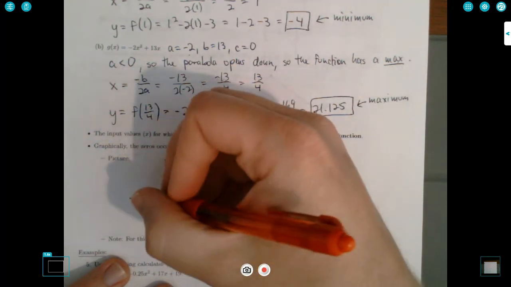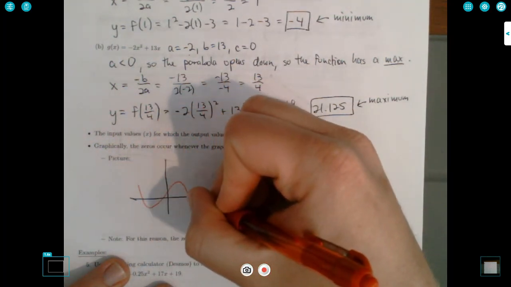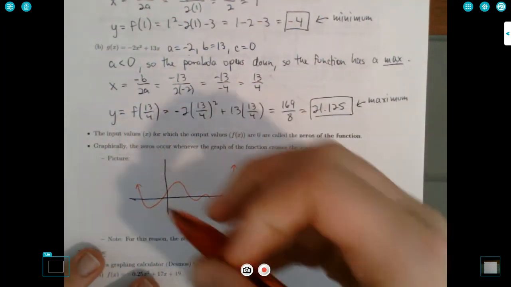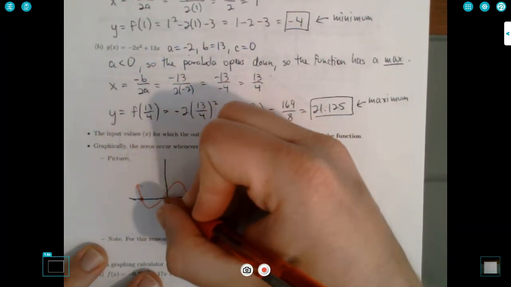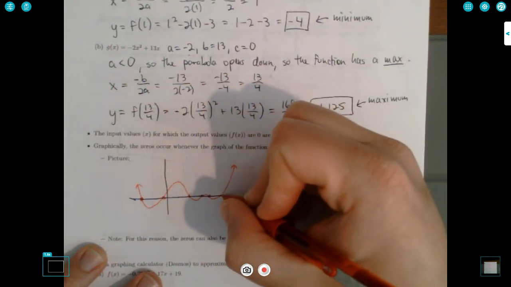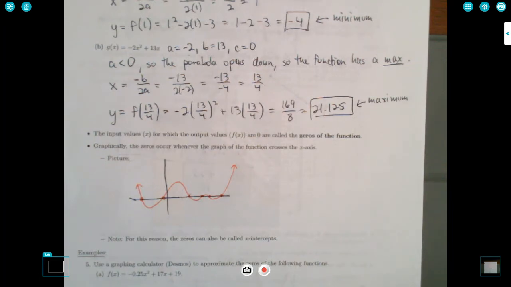So let's say that you have some kind of crazy function that does that, right? You're crossing the x-axis here, here, here, here, here, and here, right? So a bunch of times. Now,